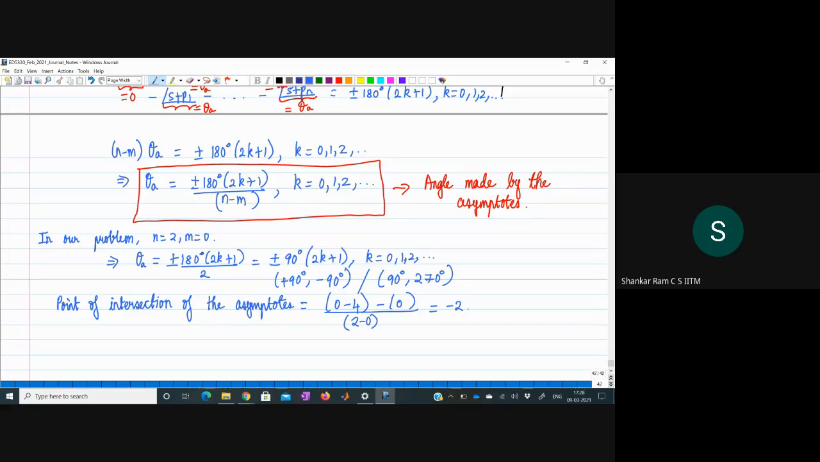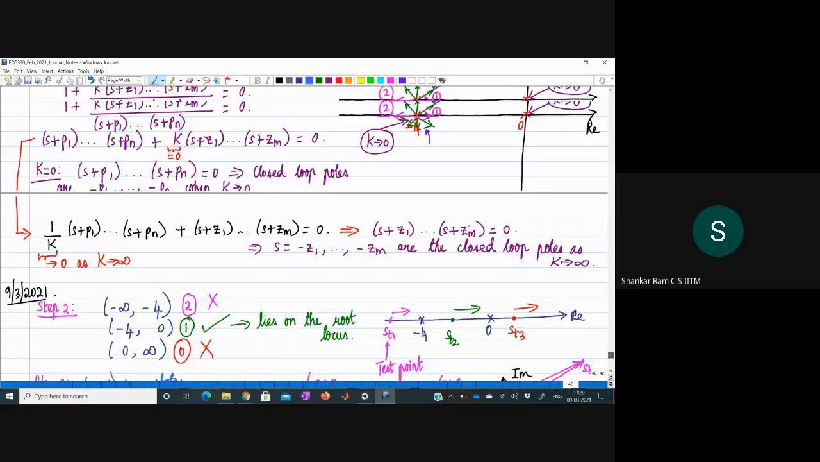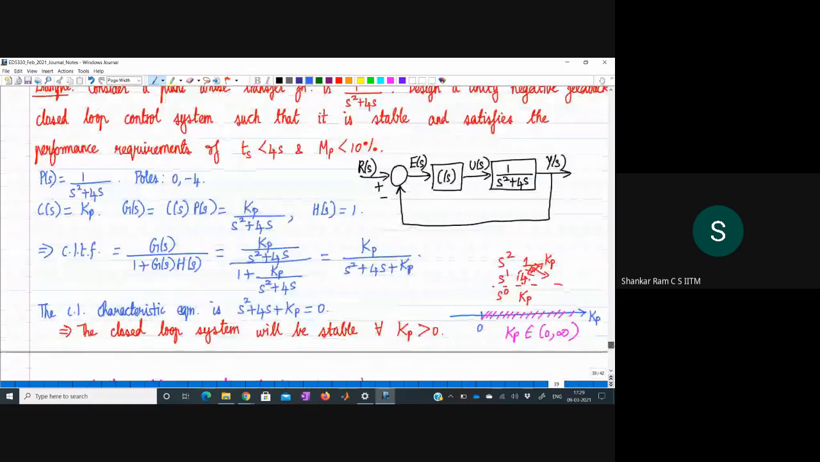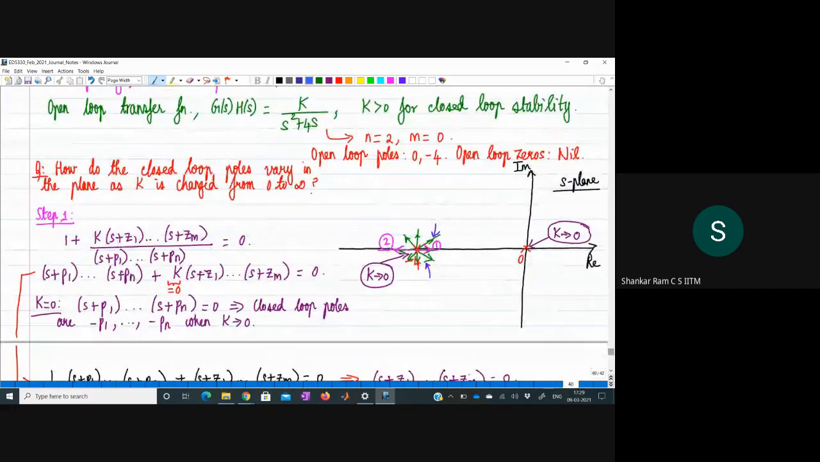We have essentially tried to figure out what the asymptotes are in the case when m is less than n, and we have tried to find the angle made by the asymptotes and the corresponding point of intersection of the asymptotes. All right. So going back to this general curve, if I want to plot the asymptotes,